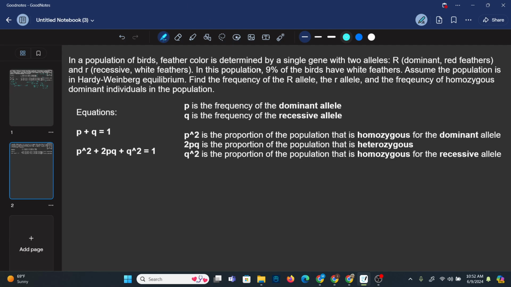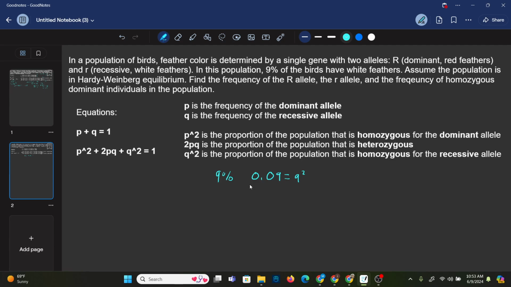So we know 9% of the birds have white feathers, which is recessive. So 9% is 0.09. And so this 0.09 equals q squared, because this is recessive and the proportion of the population that is homozygous for the recessive allele is